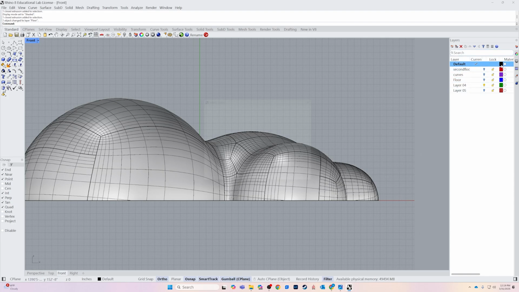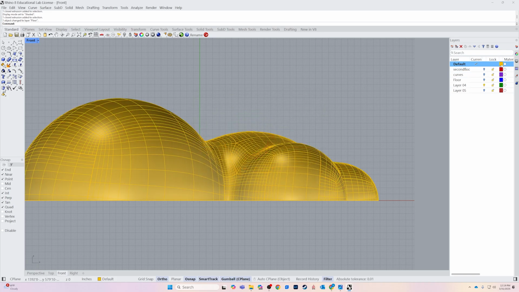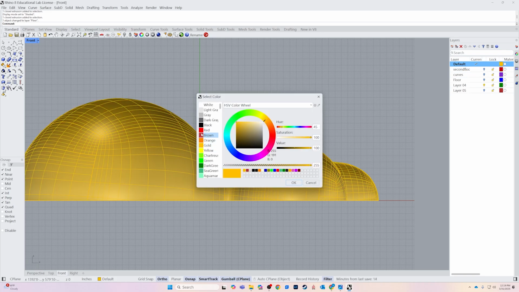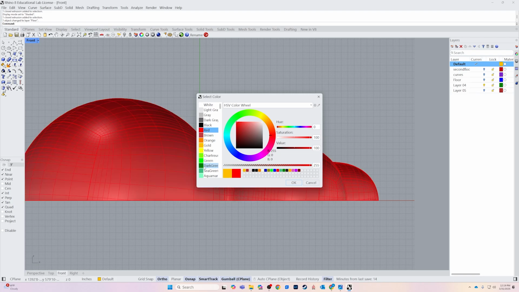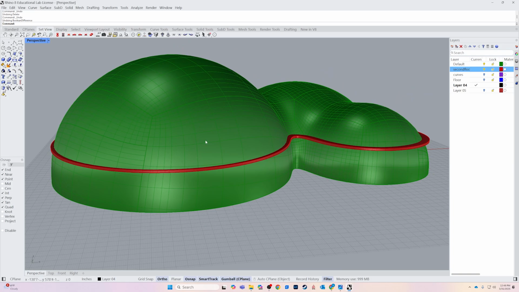I don't like this default color either. Let's be colorful. Ooh, that's a little too bright. There we go. Well, gold is unfortunate because my selection shows up in gold, so let's do dark green. There we go. Okay, so now that we have the second floor set at about 14 feet up, what we're